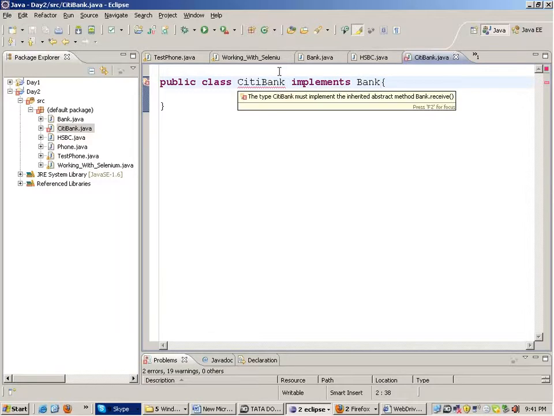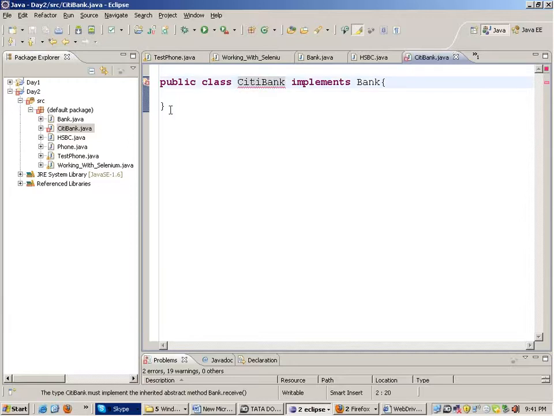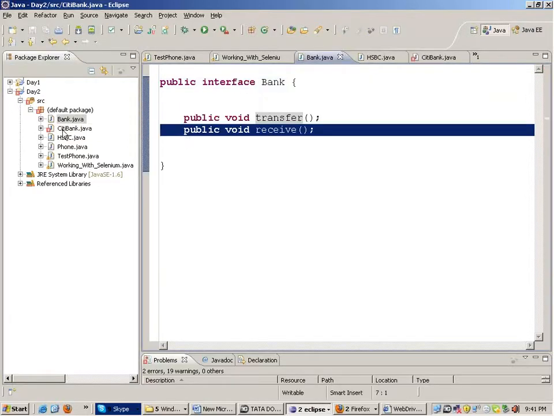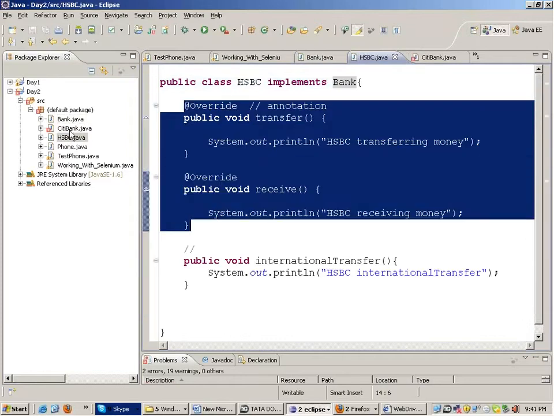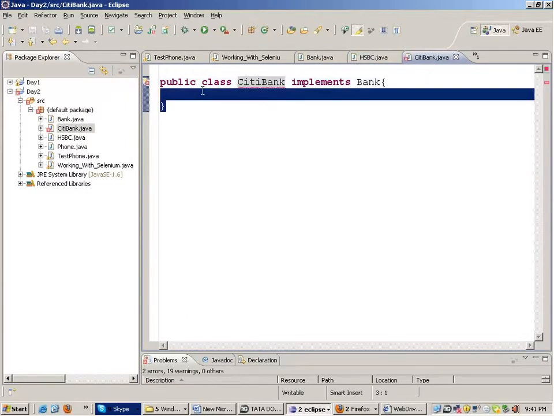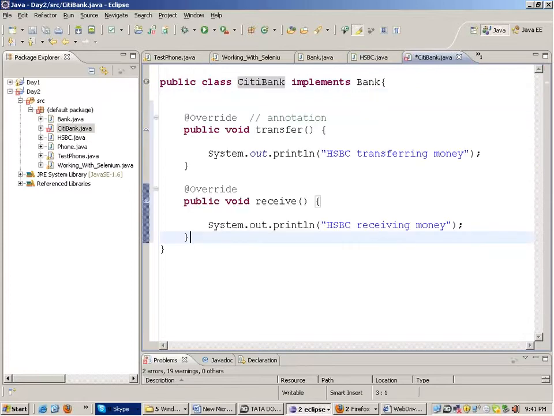If it is implementing the bank interface, it will have to implement all the functions, like these two functions which are there in HSBC.